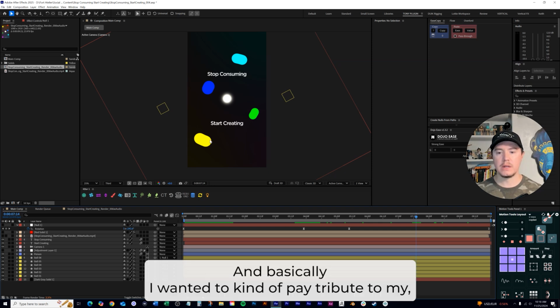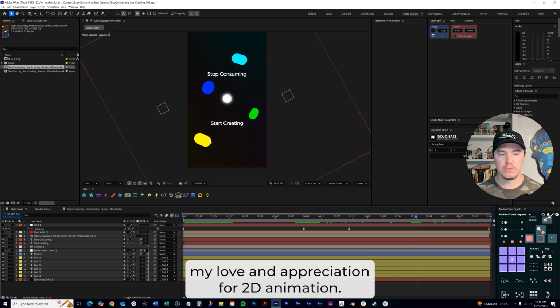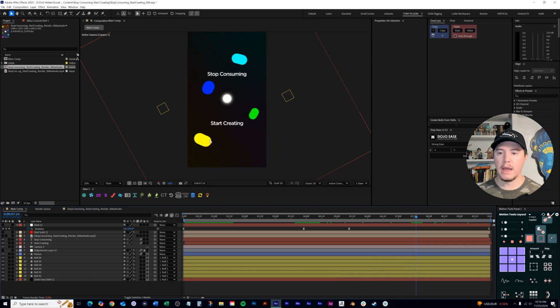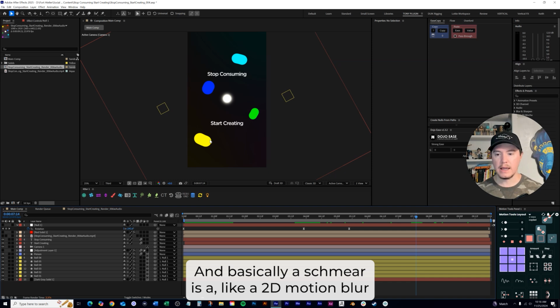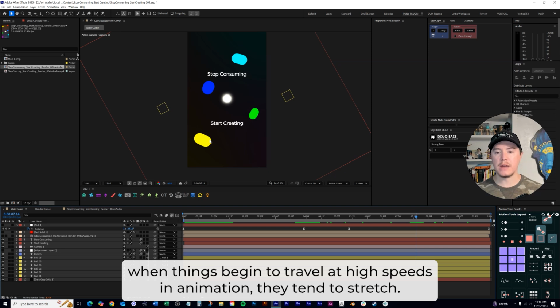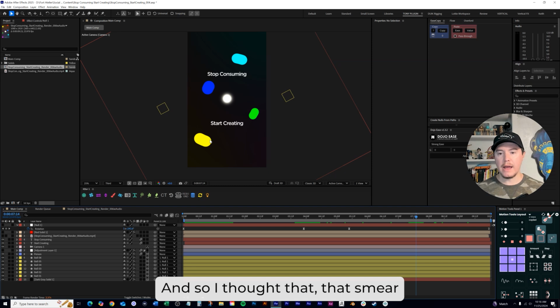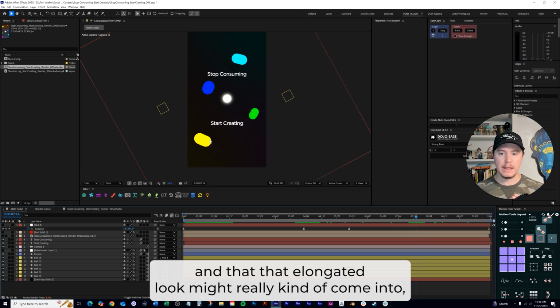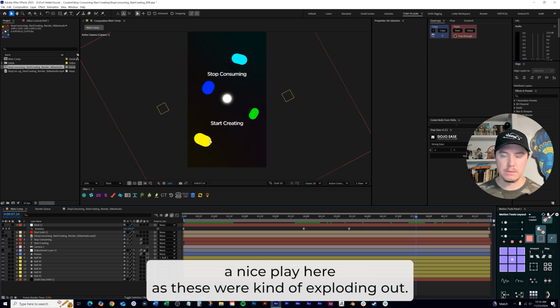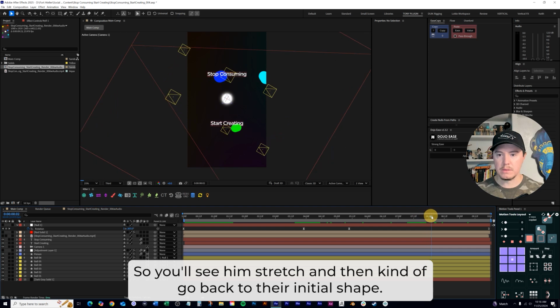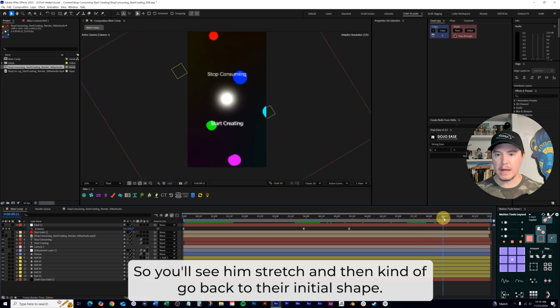Basically I wanted to pay tribute to my love and appreciation for 2D animation, and a smear is like a 2D motion blur. When things begin to travel at high speeds in animation, they tend to stretch, and so I thought that smear and that elongated look might come into nice play here as these were exploding out. So you'll see them stretch and then go back to their initial shape.